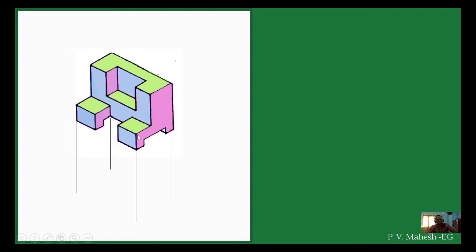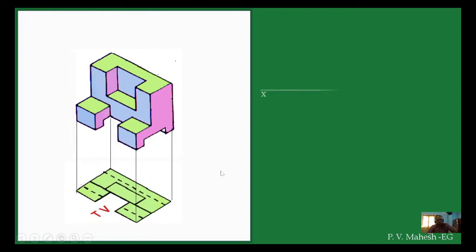Now for this question, if you want to see the top view, what you will see is only the green color portions in the top view. Below these green color lines we will see some edges. This corner, this edge will be a hidden one, and this corner is representing one hidden edge, that also will be a hidden line. So like this you will see in the top view. Now if you want to see the front view,